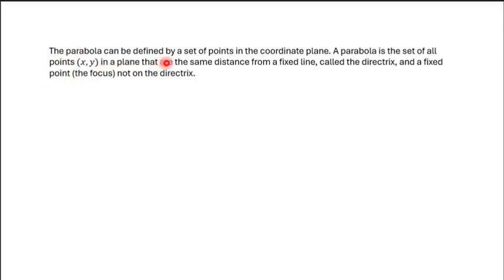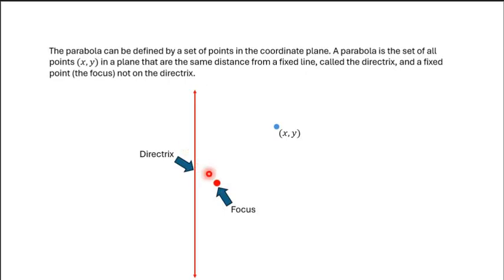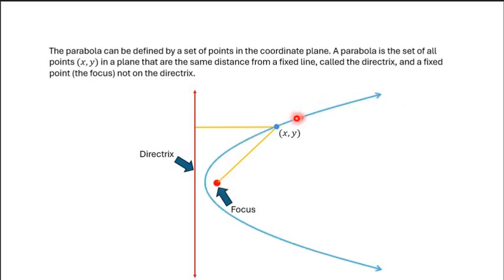The parabola can be defined by a set of points in the coordinate plane. A parabola is the set of all points (x, y) in the plane that are the same distance from a fixed line called the directrix and a fixed point called the focus not on the directrix. So here we have the focus, here we have the directrix, and here we have a point (x, y), and the distance from that point to the directrix is the same as the distance from that point to the focus. If you look at all the points that have that characteristic,